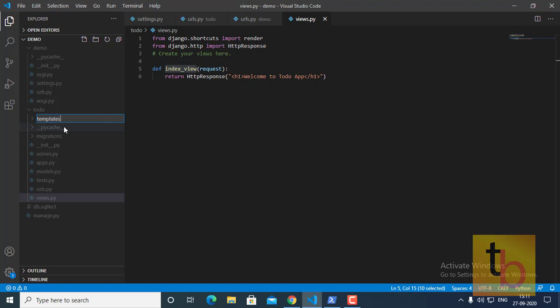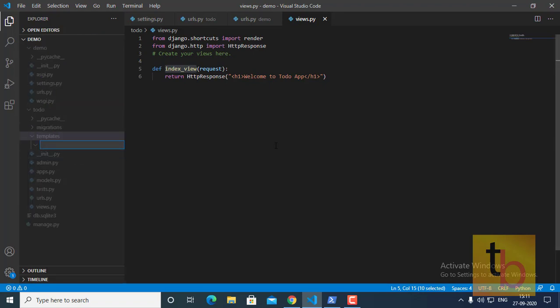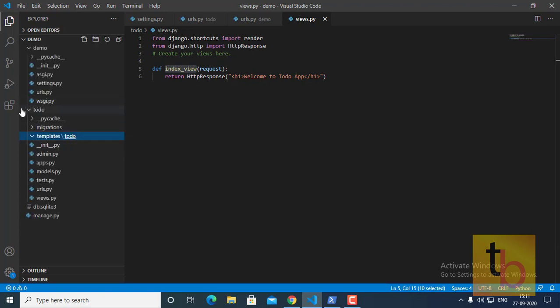This is our templates folder, and inside of your templates folder you need to create a new folder called to-do, and this folder name must be the same as your app name, otherwise this will not work for you. This is the requirement for app-wise templating.